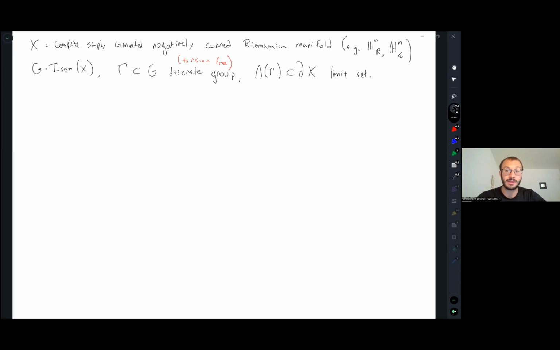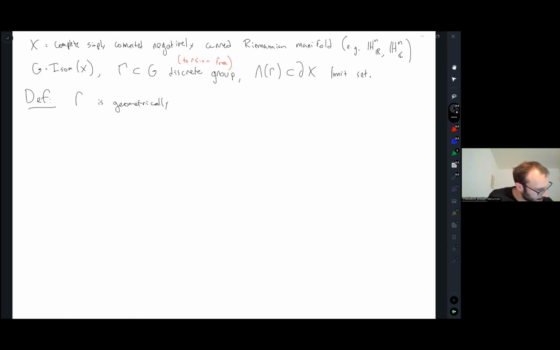I'm going to get Lambda Gamma, as on the previous slide, to denote the limit set of this group. I'm also typically going to assume that Gamma is torsion-free, although this is mostly an assumption made out of convenience and not because it's necessary. It makes some arguments a little bit technically simpler. Okay, so the general definition that we're thinking about here, the group Gamma